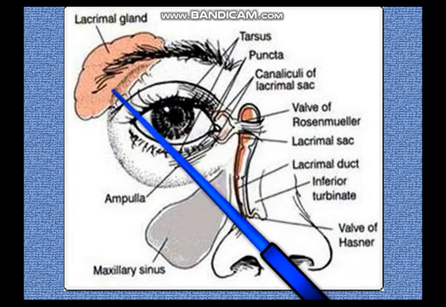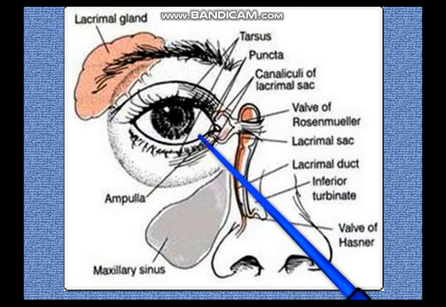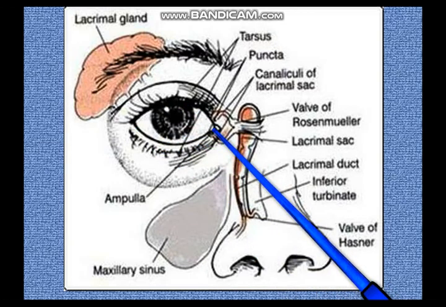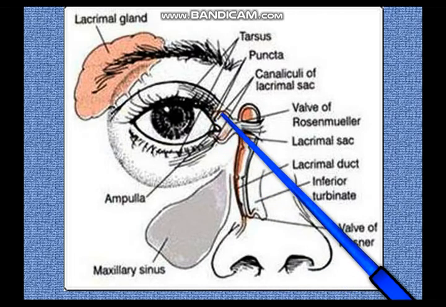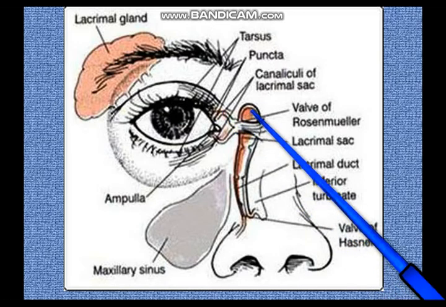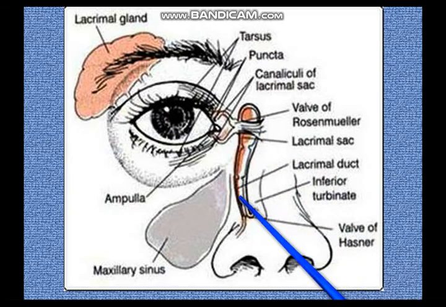The secretion from the lacrimal gland into the upper conjunctival fornix, overflow into both the upper and lower conjunctival fornix, follow the lid margin meniscus into the lacrimal lake, from the lacrimal lake picked up by the upper and lower puncta, then into the lacrimal canaliculus, the vertical part of the canaliculus, ampulla, horizontal part of the canaliculus, the common channel of the lacrimal canaliculus, entry into the lacrimal sac, beyond the lacrimal sac coming down the nasolacrimal duct, beyond the valve of Hassner, opening into the inferior meatus of the nose. This is the pathway of circulation of the lacrimal fluid.